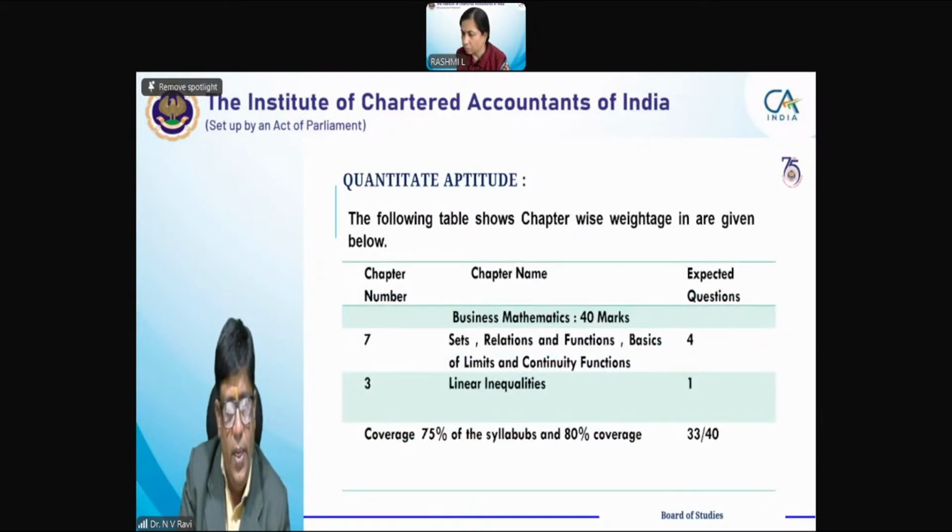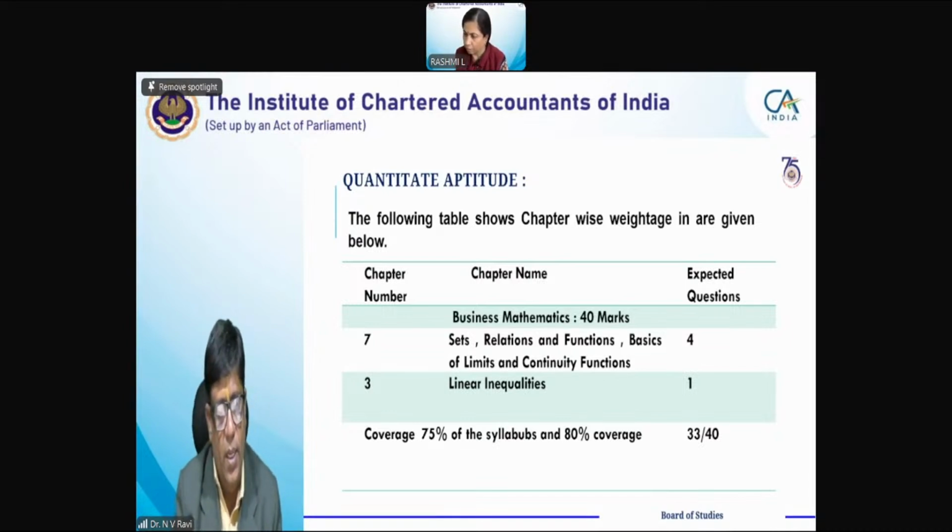And coverage is 75% in terms of sets mathematics, logical sets mathematics, sets, relations, functions, basics of limits and continuity, functions, and linear inequalities. One question or two questions maximum possibilities. Sets, what is power set? Sometimes